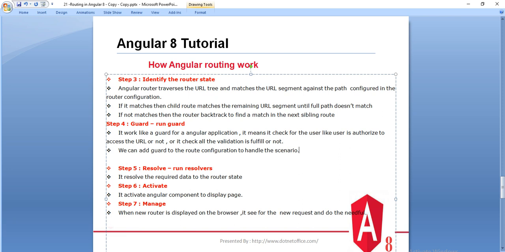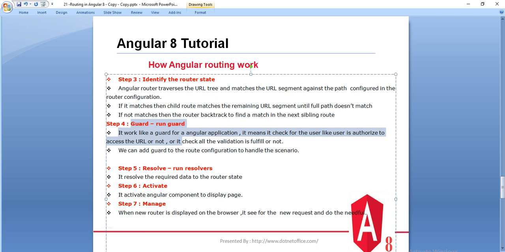After this step, resolve comes, which resolves the required data for the router. And the next is activate, where it activates the Angular component to display the page. Everything is done: we have identified the route, and we have identified the authorization for the user. So after all these steps, it activates the specific component to display on the browser.